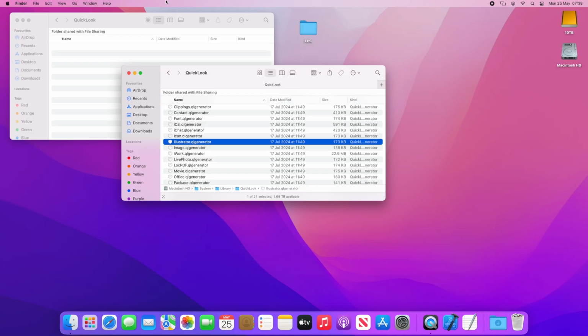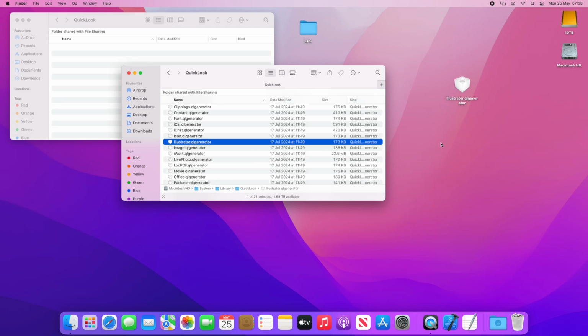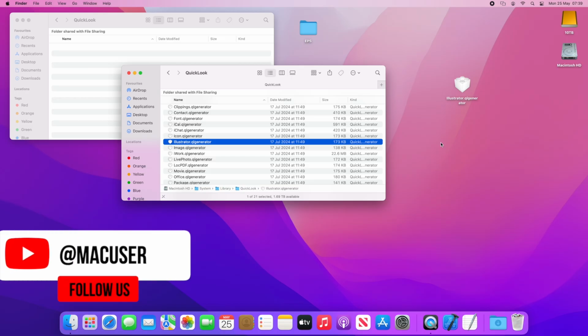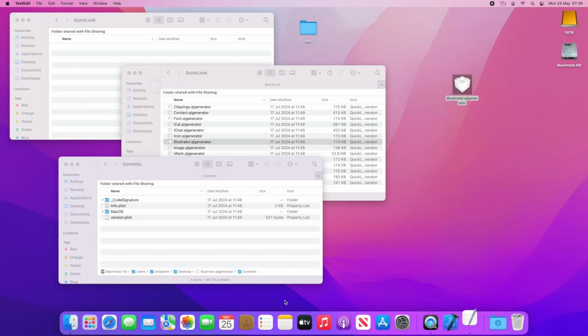So in the machine that you're going to use, you need to go to the hard drive, System, and then Library, and then you need to locate the QuickLook, and it's the Adobe EPS QL generator that you need. So that's the file that you actually need. So if we make a copy of it just in case it goes horribly wrong, and then if we open the package and we go into Contents, it's the Info plist that you need, and you need to open